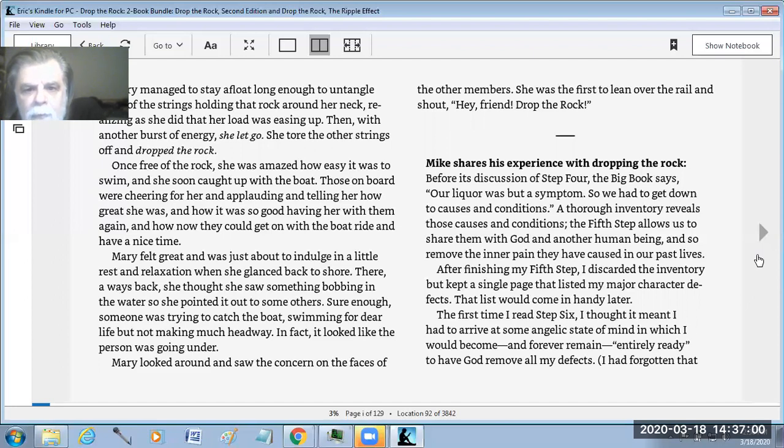Mike? So this story illustrates for us an almost obstinance about it, that there's something that Mary is carrying that she doesn't seem very aware of at all, except when it totally interferes with what it is that she's trying to accomplish. And I wonder if you see that in this story also.